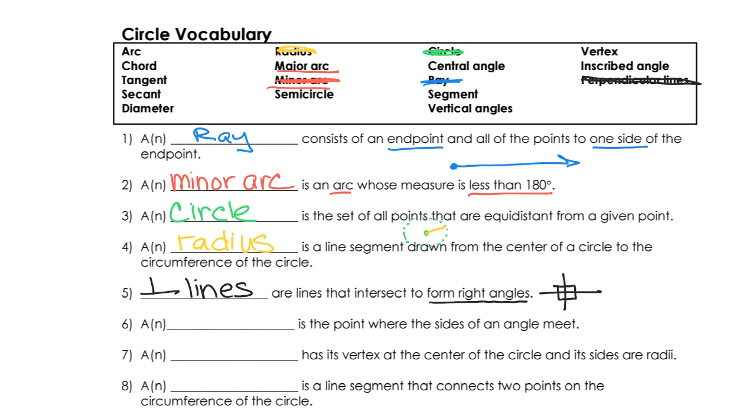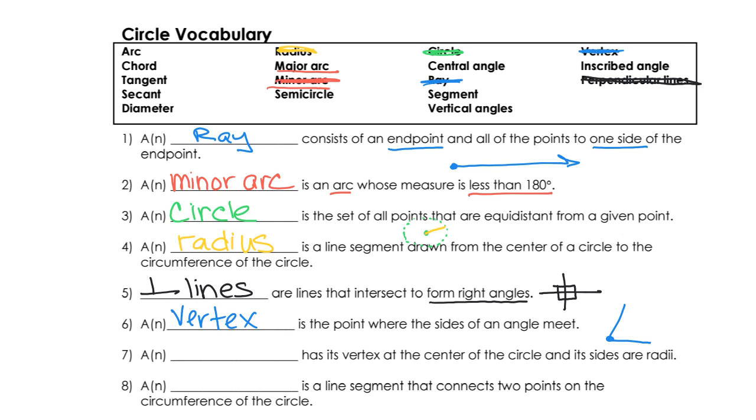Number 6, a blank is a point where the sides of an angle meet. Okay, that is a vertex. A vertex is a point where the sides of an angle meet. Okay. Number 7,